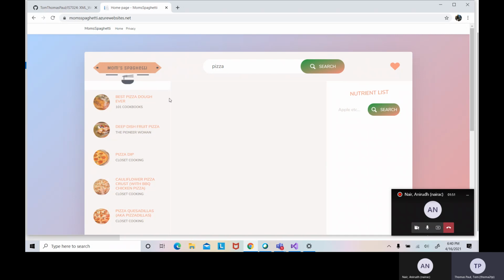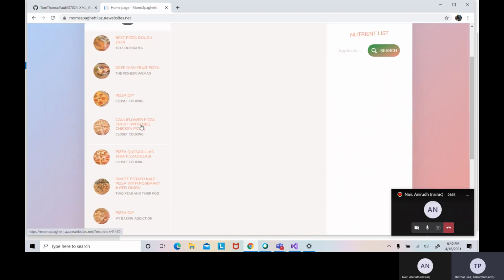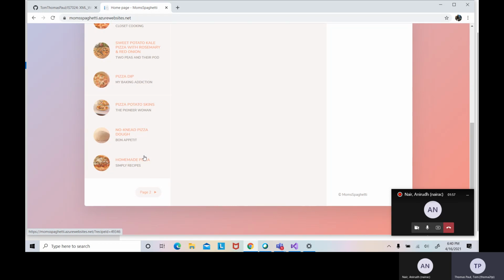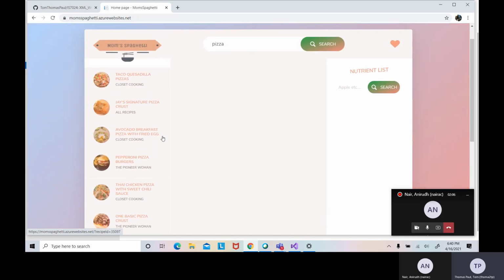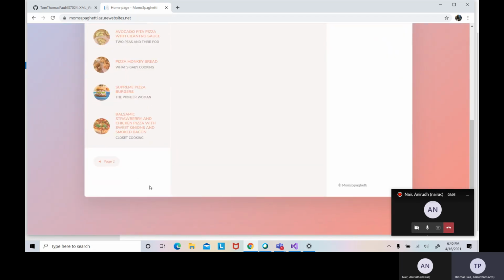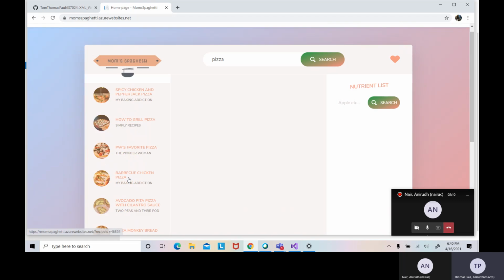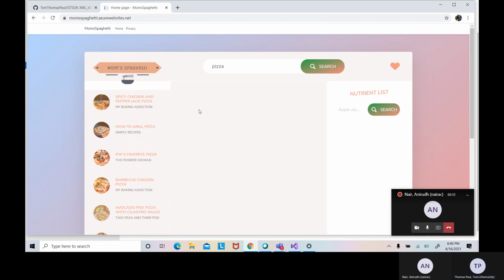All the recipes related to pizza would get populated here. And at the bottom, you can see we can move forward to the next page and see more recipes related to pizza.